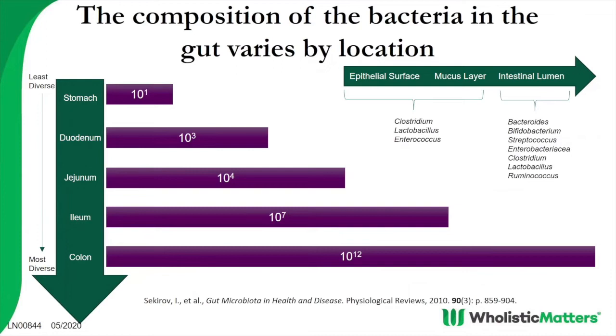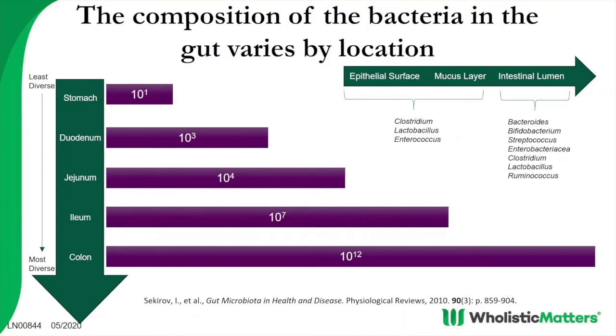And if you look at, we'll start in the stomach. You have a really non-diverse and low in number group of microbes. That diversity increases as you go further and further down the GI, with it ultimately reaching the colon, where it's just overwhelmingly so many, many more microbes than the rest of the GI.